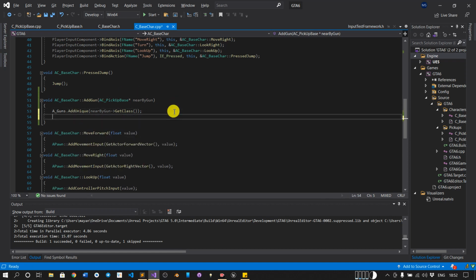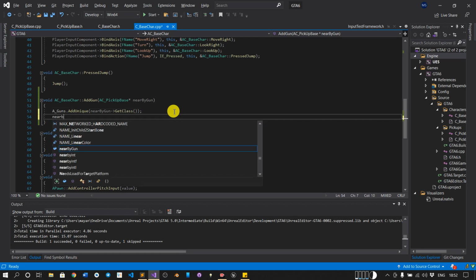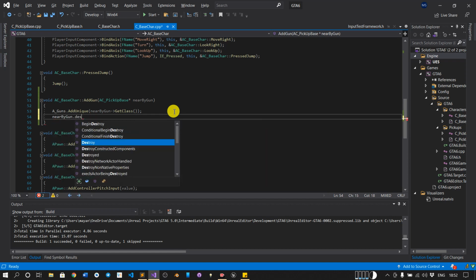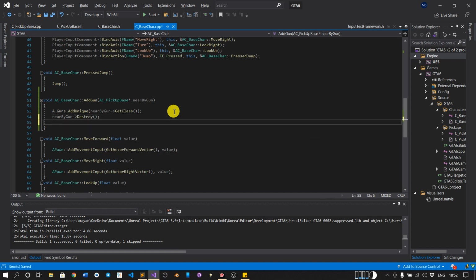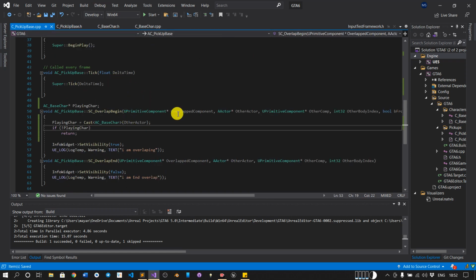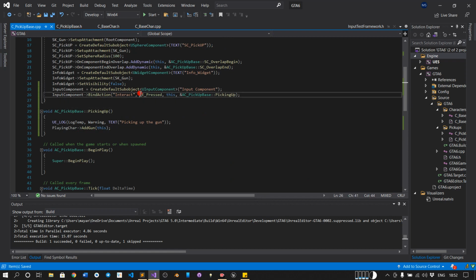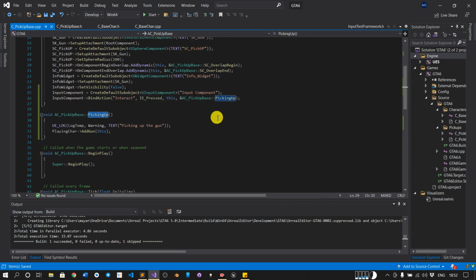After it has been included, we will destroy that gun. So nearby gun dot Destroy, we will destroy it, and this is it, I guess. Let's check if everything works fine. Go back here, we will press E, it will go to pickup base.